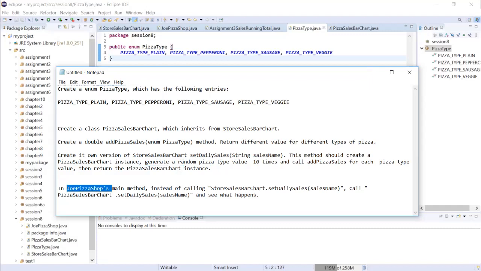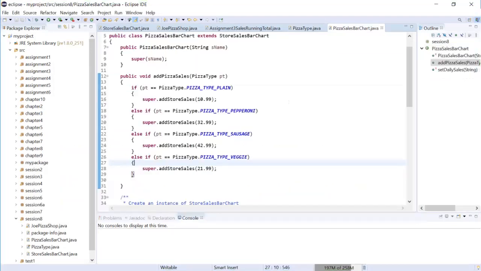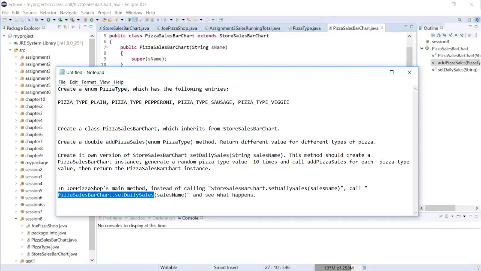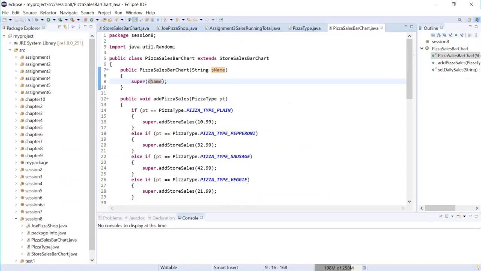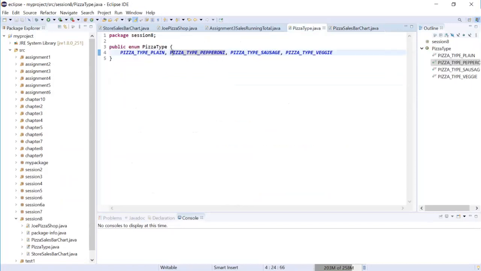Then in Joe's Pizza's main method, instead of calling the superclass version of setDailySales, we will call the subclass version of setDailySales. And I think I made one mistake. Here it should be a void because you are simply adding a sales value to the total sales in the class. Okay, so first of all, we have the pizza type first in the